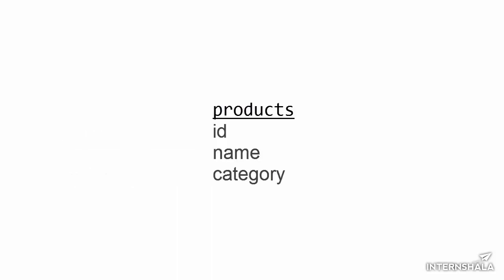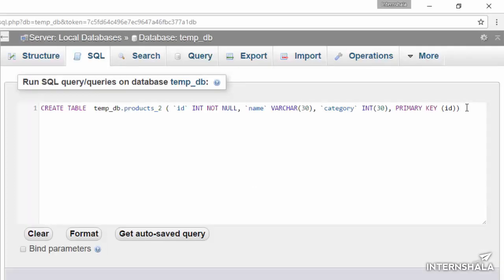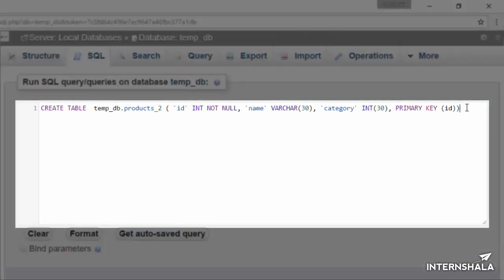In our example, if I make this ID column the primary key, then every product listed here will have a unique value of ID. This is how we define a column as primary key of the table. Everything else is same in the query. Create table, database name, products_2, first column and its properties, comma, second column and its properties, comma, third column and its properties. Here at the end we have defined ID as the primary key